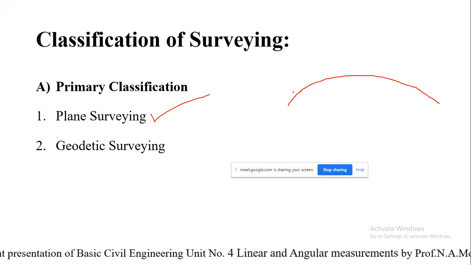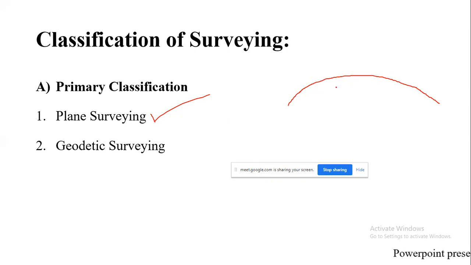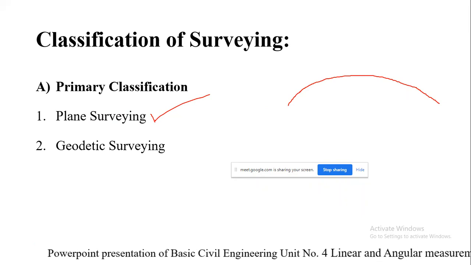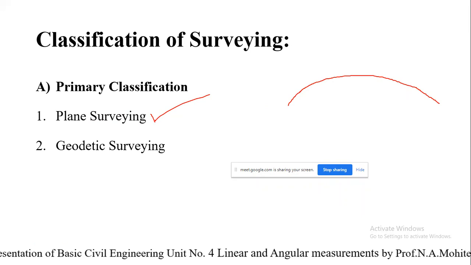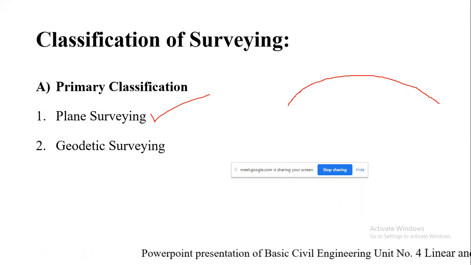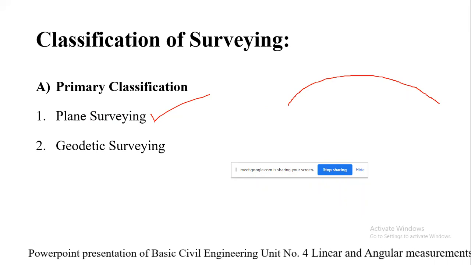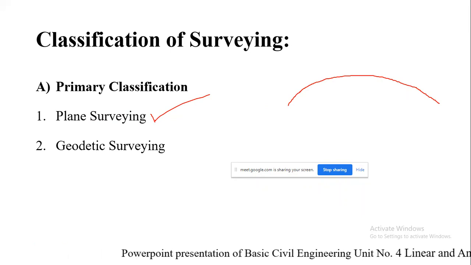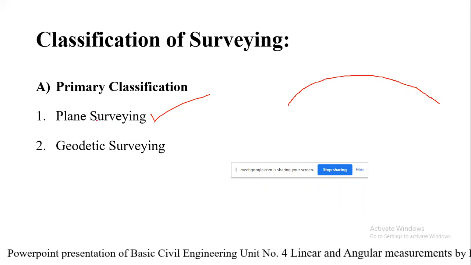And correspondingly, this kind of survey work, that is plane surveying work, is carried out by state agencies like the irrigation department and railway department. You might have heard that while dealing with civil work, we require the permission of the irrigation department and railway department. Likewise, there are various departments of civil. So the irrigation department and railway department look after plane surveying.